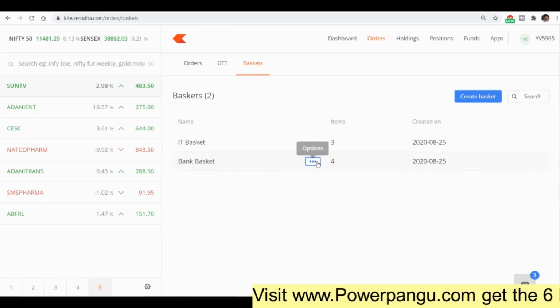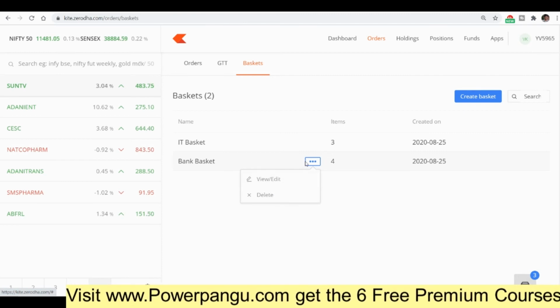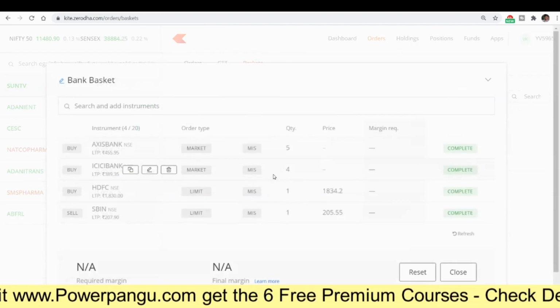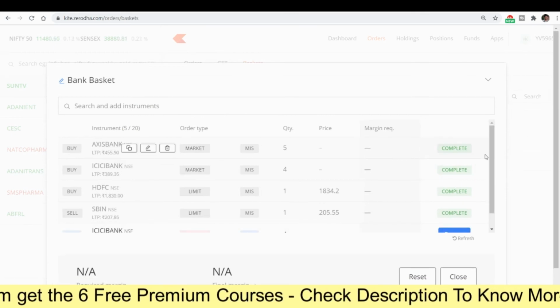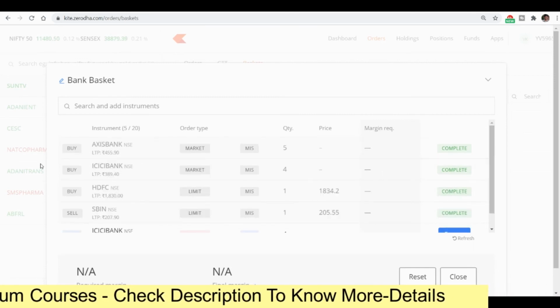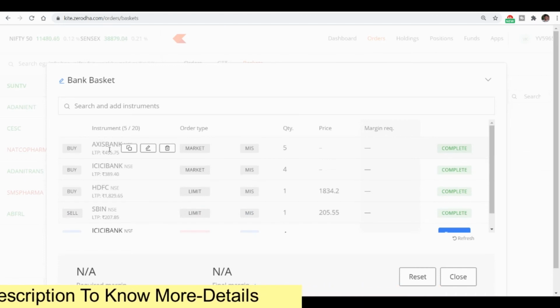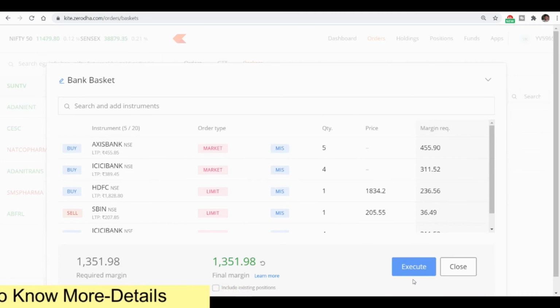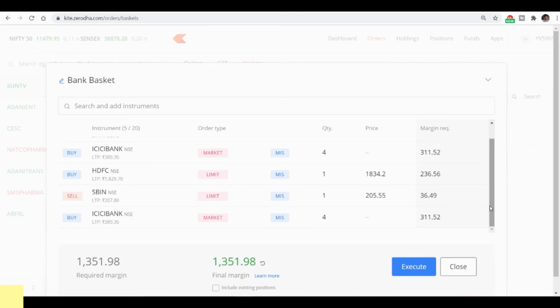This is a basket which I have already created, a bank basket, where I have added a few more stocks. Now I am going to clone it. See this, if you want I can execute it. This is an already executed basket where you can open and clone this further, or you can click reset. It will just be ready again. Once you click reset, you don't have to keep adding these stocks. You can make a new basket out of these. So this is how it is.